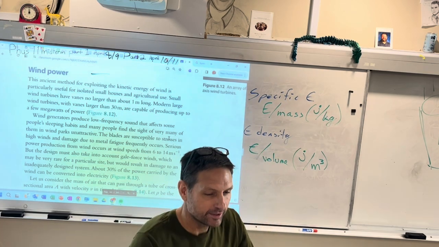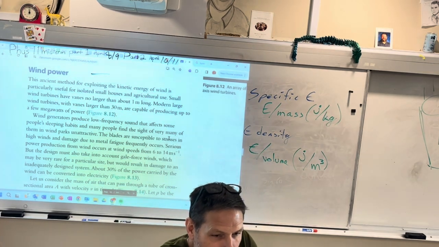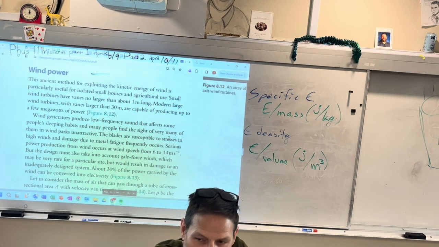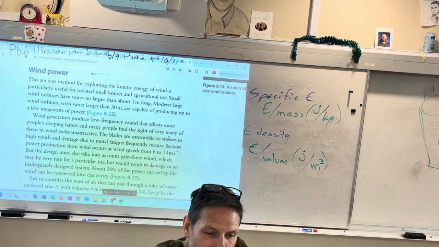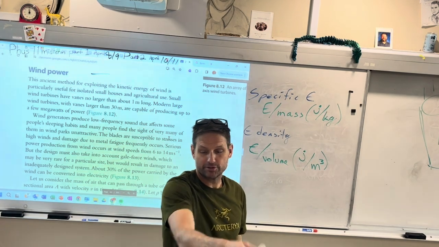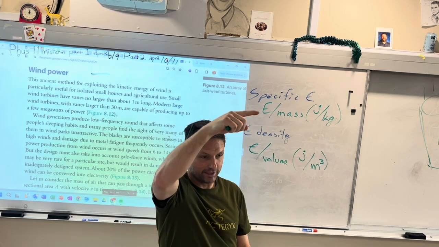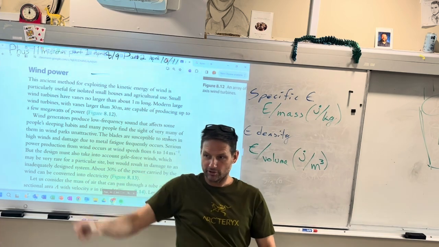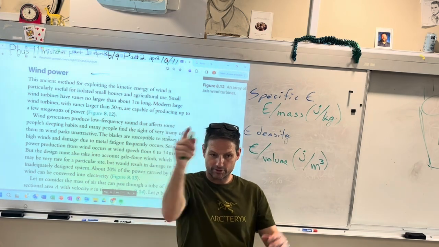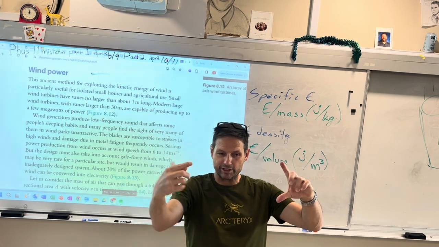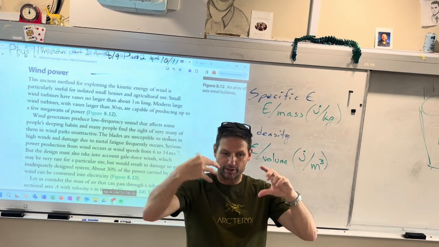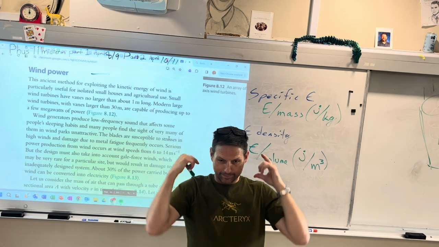Tell me how you would calculate the potential power coming out of a wind generator. So you need the speed of the wind. What else would you need? Luke knows. Area of the wind turbine. The area of the circle. And its revolutions. And so if you have the area and the speed of the wind coming through, it's another